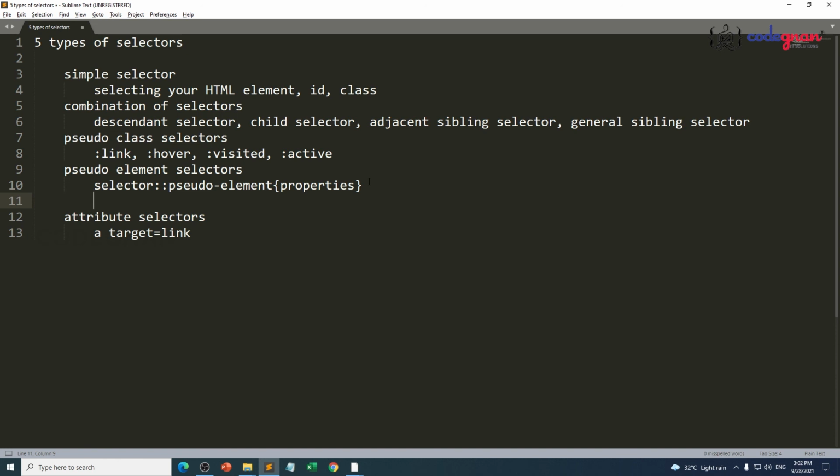Completely, guys, selectors are going to help you apply stylings to your elements. But where to apply, when to apply, what stylings you need to apply, all those things are going to be understood and controlled through these selectors only. I hope you understand the importance of a selector and what types of selectors we have. We will start with one example from the next session onwards. Have a great day.